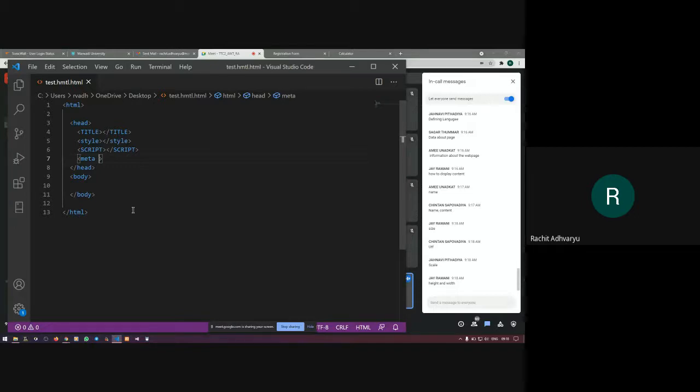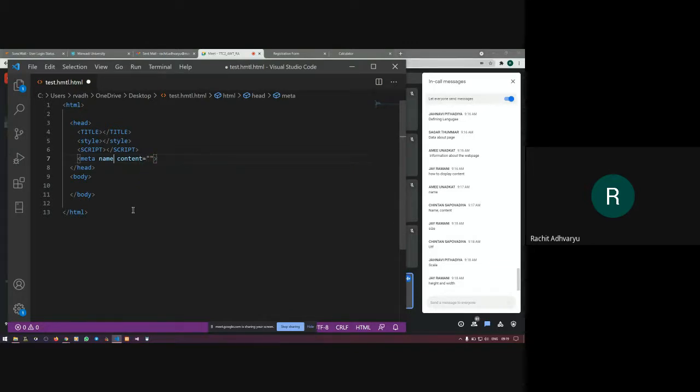So meta tag is used to define the height and width of a web page. So meta mainly contains name and content properties.